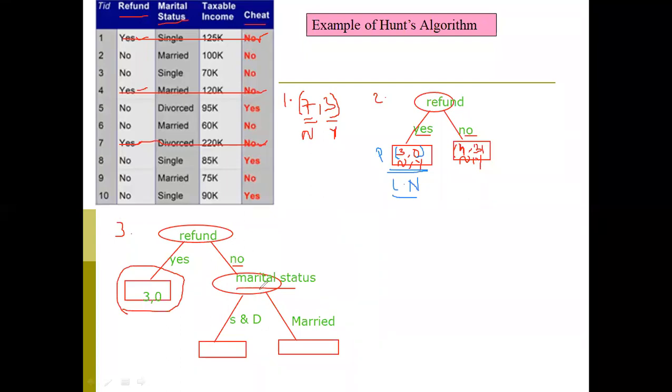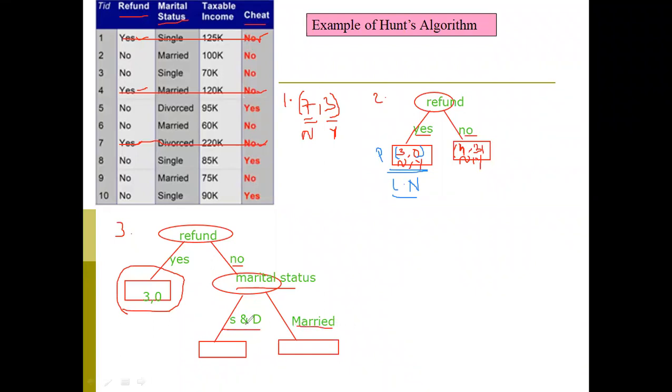Under the marital status, I have some objects. One is married, second one is single, third one is divorced. 3 kinds of objects are there under marital status. Now I am going to take 2 objects as one branch, that is S and D, which means single and divorced is one branch and married is another branch.